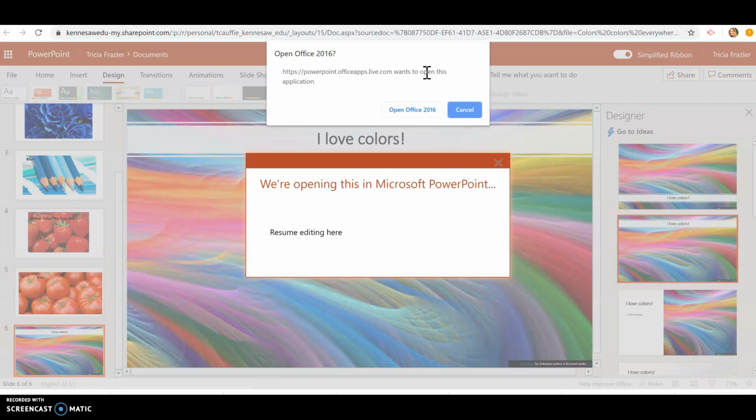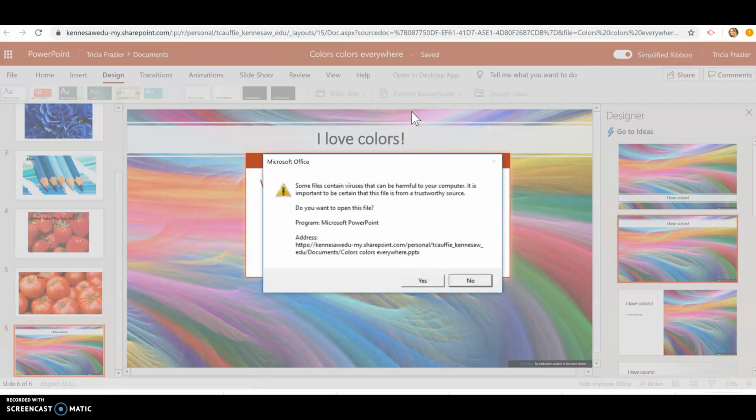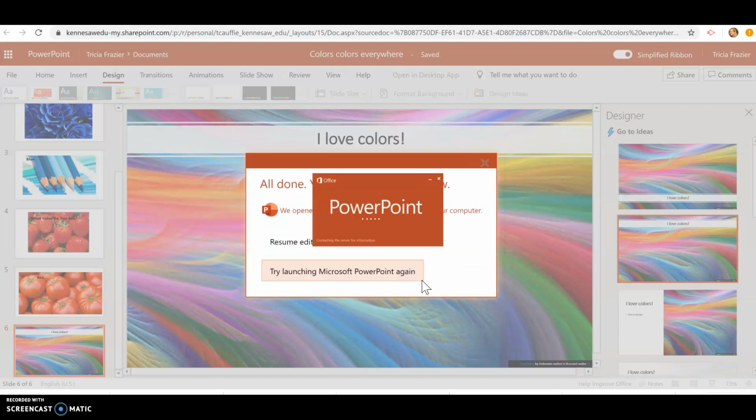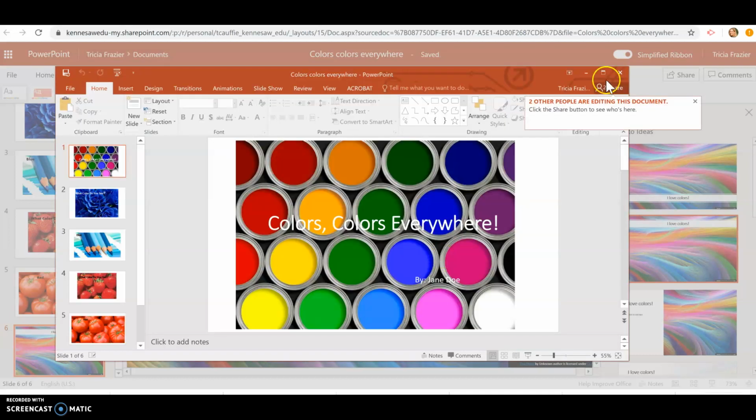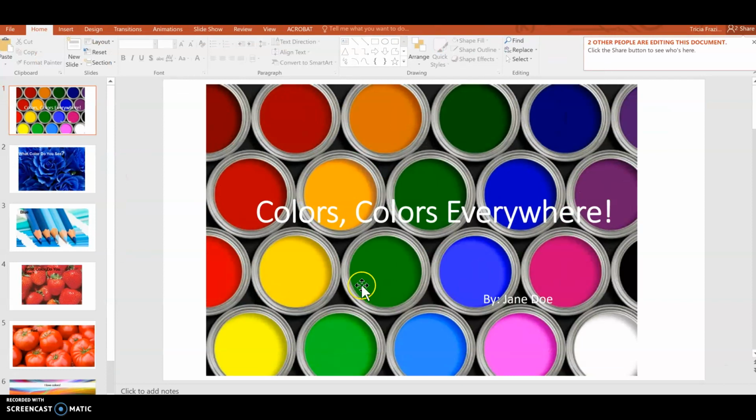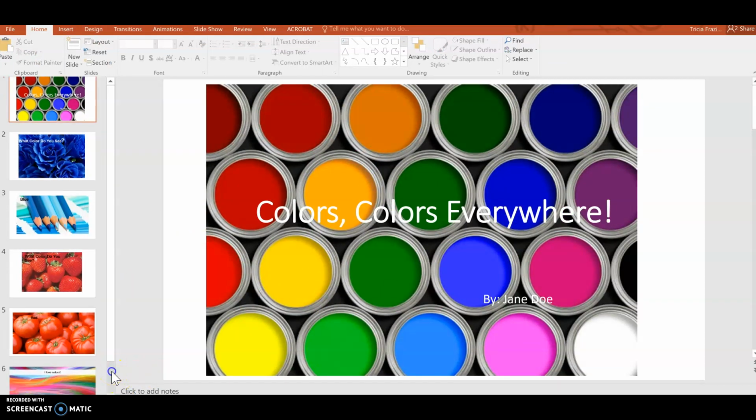And you'll see lots of little notices come up. You want to open Office on your computer. And yes, we know that computers have viruses. You have to make sure you're getting the right file in. Okay, so here we have the laptop version of